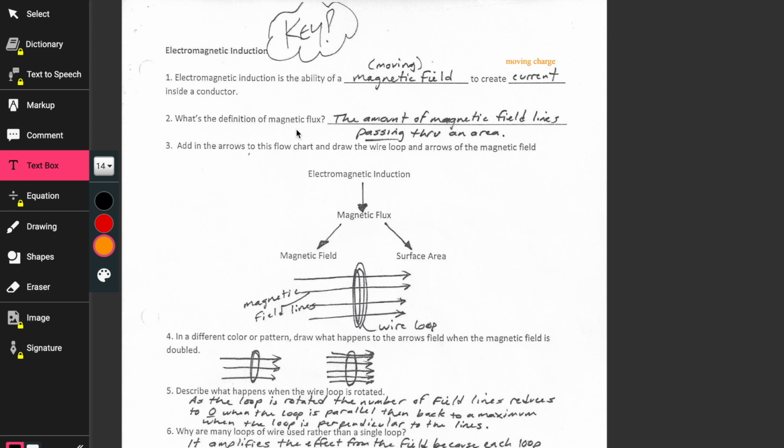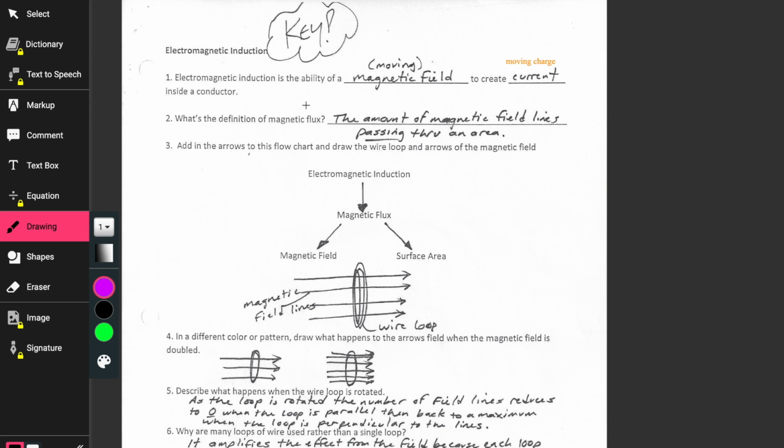What's the definition of magnetic flux? Now, because we're not really getting into the math, some of this may not make as much sense as it does if you do get into all the math. Magnetic flux is the amount of magnetic field lines passing through an area. So earlier in the other video, I showed you,